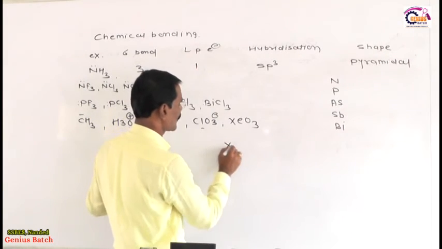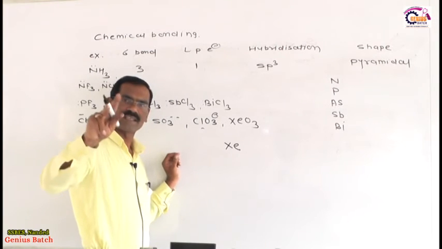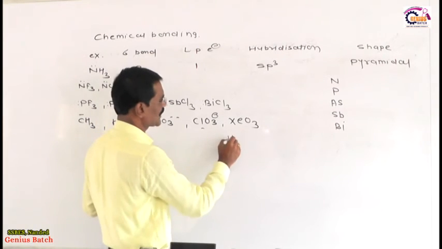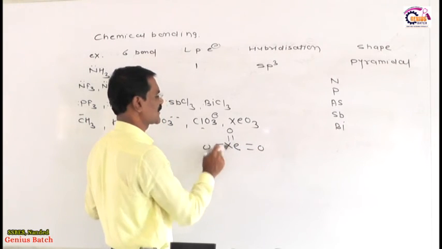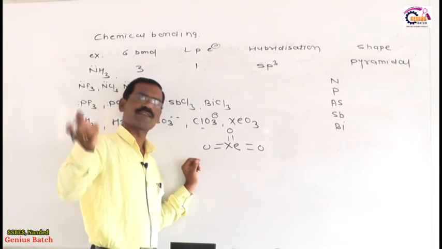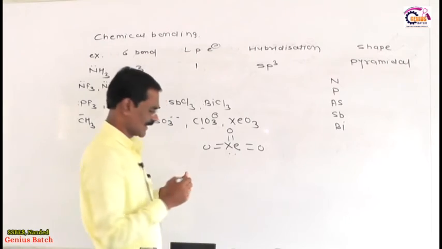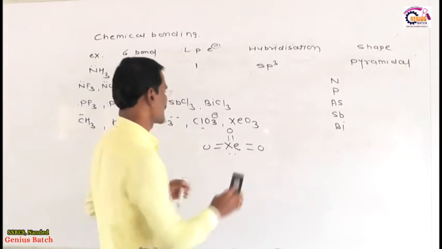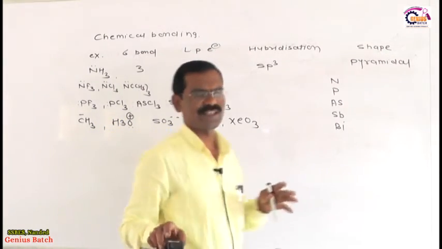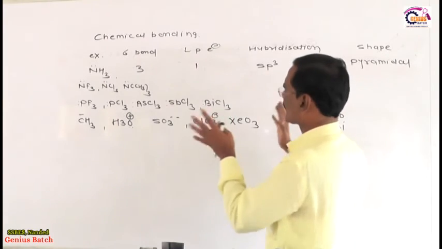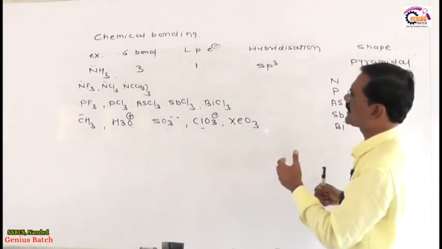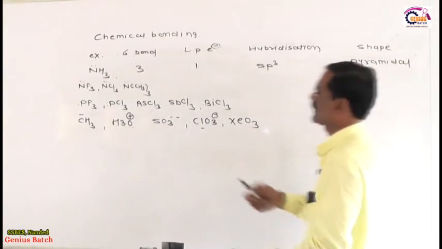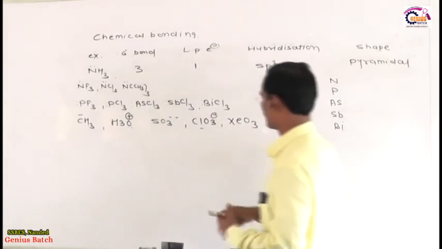Now XeO3. What happened in the xenon? Valence shell of xenon contains 8 electrons, but out of these, double bond O, double bond O, double bond O, 1 2 3 4 5 6, only 6 electrons are utilized while sharing, 2 electrons remain, and this is called XeO3. So dear student, now listen very carefully. These are the cases which I am representing in front of you, in which the central atom has 3 sigma bond with 1 lone pair. Keep in your mind, 3 sigma bond 1 lone pair.